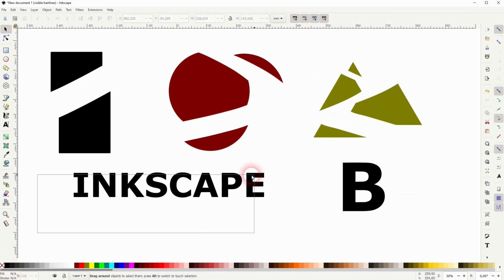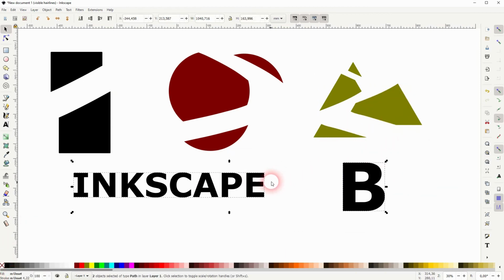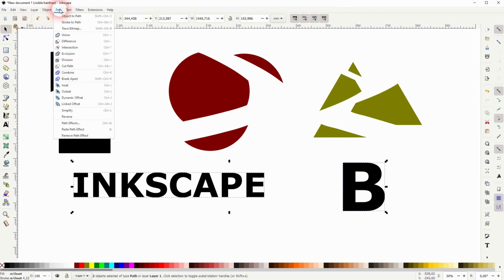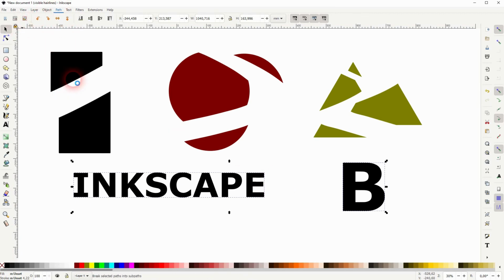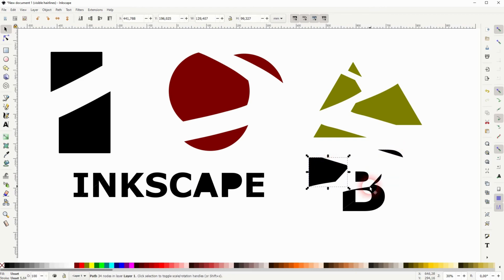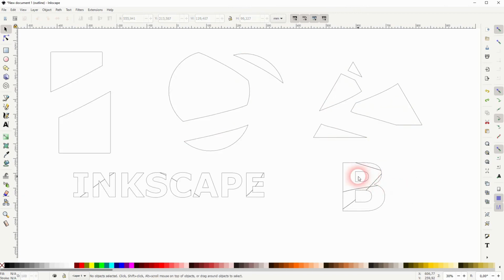Let me select all of the text. I break it apart. And there's something that happens with letters that have a negative shape as part of their natural shape. For example, the P, the A, and the B letter, you can see it's now black where it should be see-through. Let me press Ctrl 5, and you can see that we've got this negative shape, but it's in the